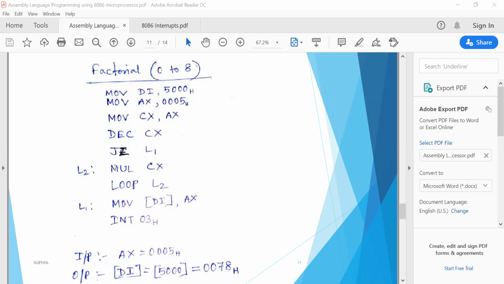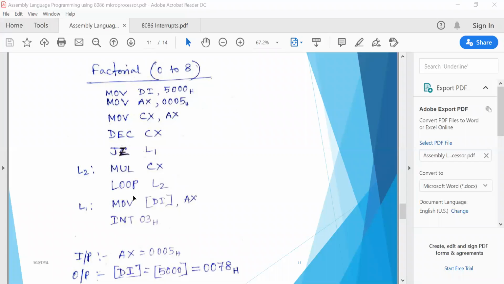So the loop must be continued. The multiplication will be continued in this way. Every time CX gets decremented by 1 and it will be multiplied by the previous result. When CX gets 0, the loop will be stopped and it gives the result, which is already stored inside AX and DX register.